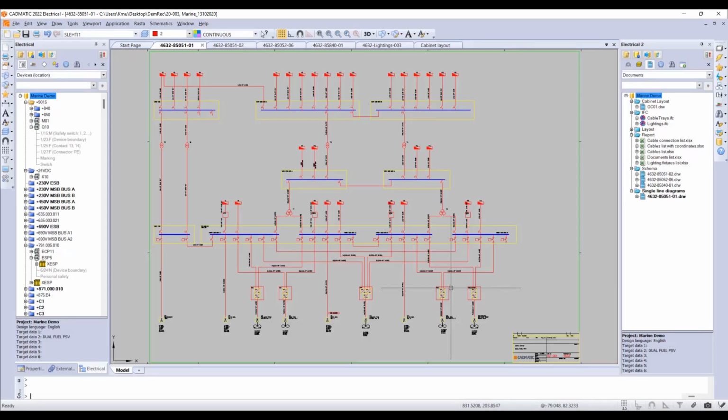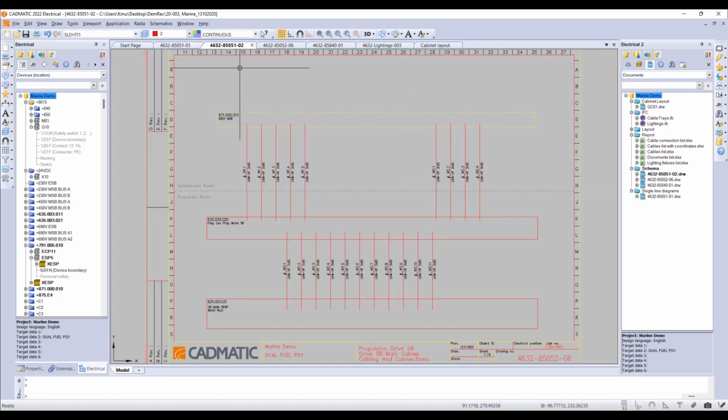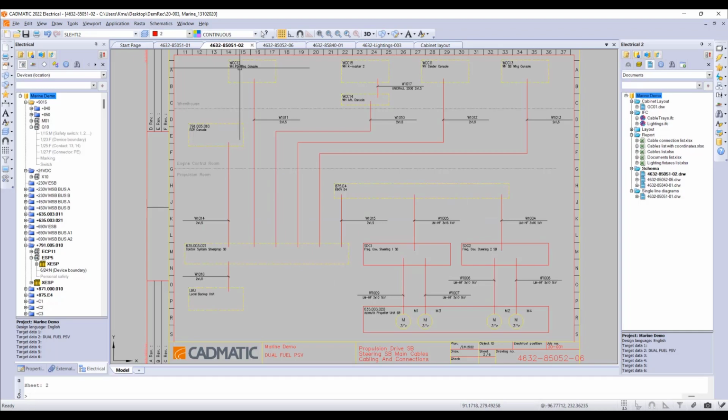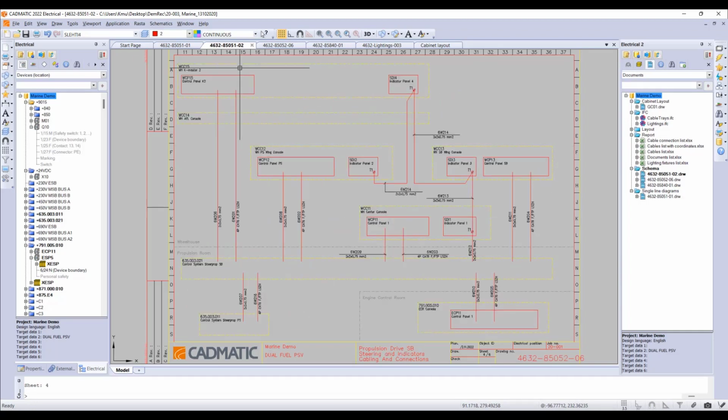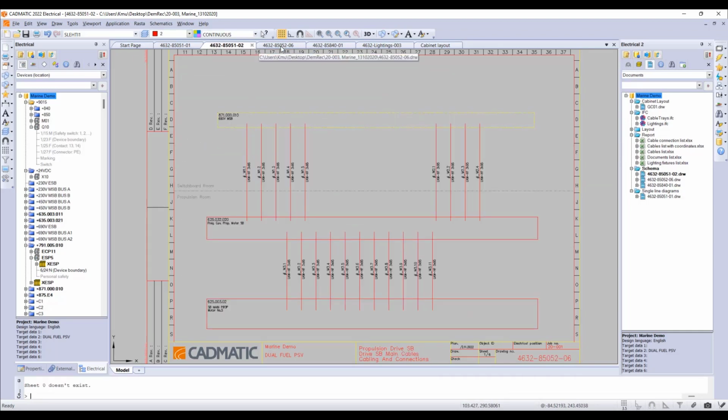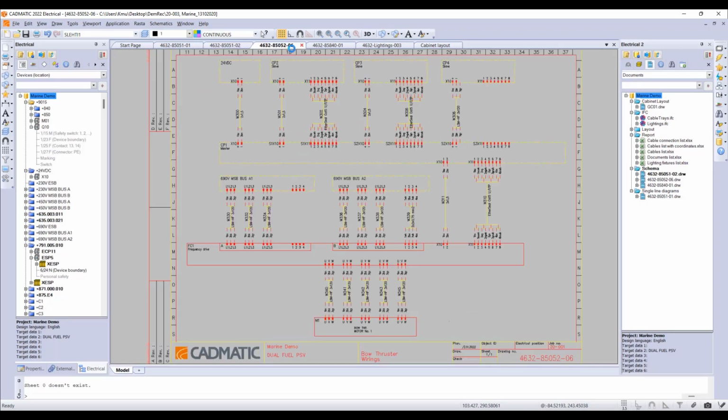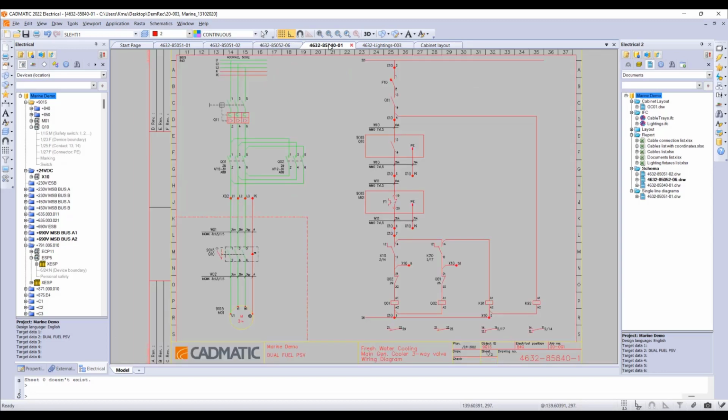This is the CADMATIC Electrical. The first thing that I want to explain you is the scope of CADMATIC Electrical. So what kind of project deliverables you can design with it. So let's start with the key single line diagrams. Then the next one, the block diagrams. You can have several sheets in one file, or you can have just one sheet in one file as you wish. Then the termination drawings, the wiring diagrams,